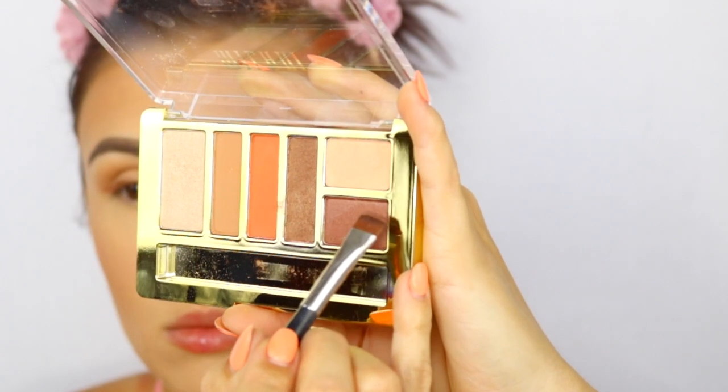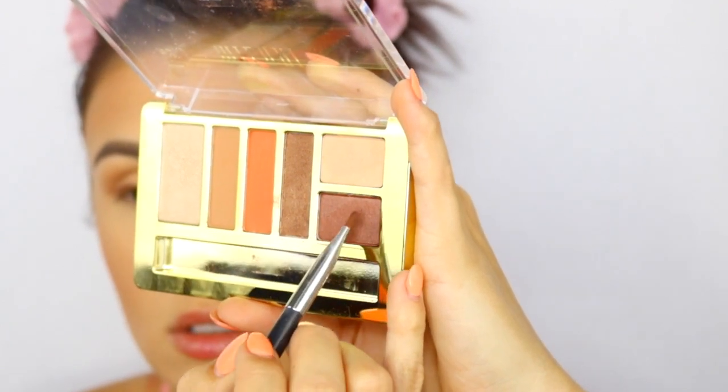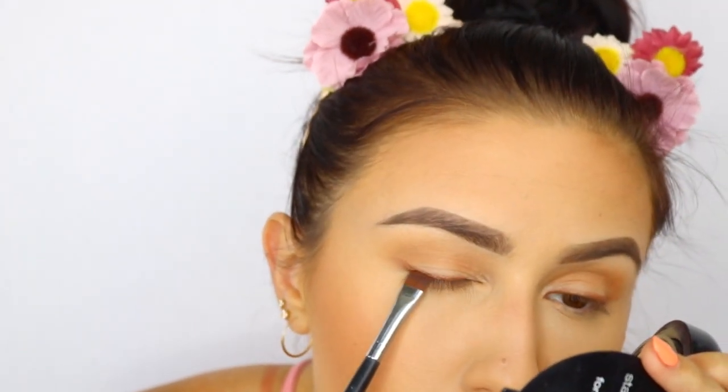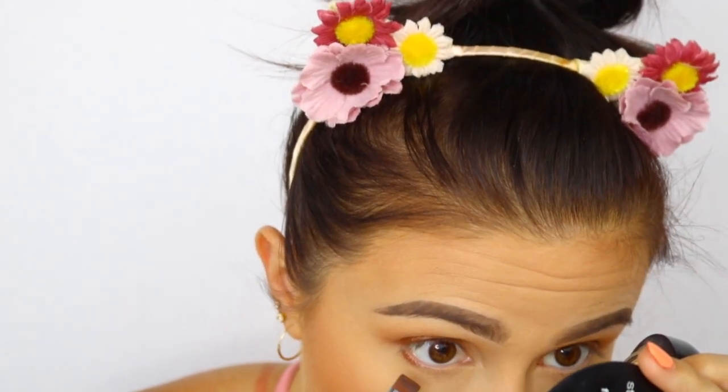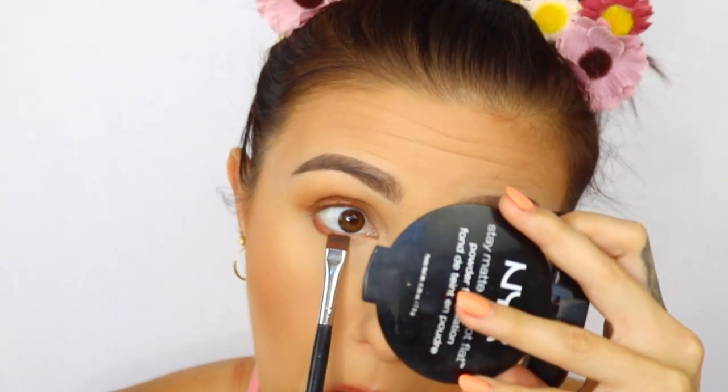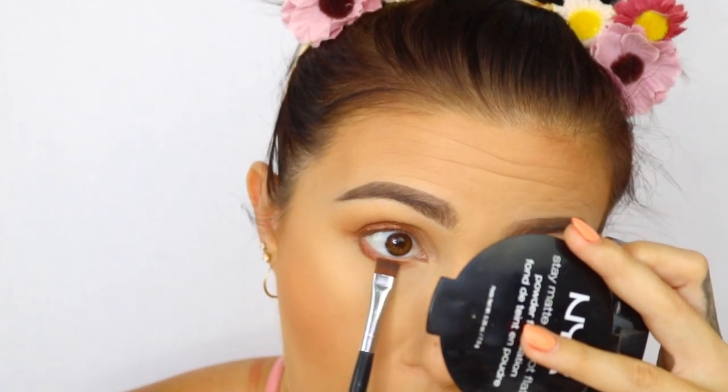I'm just smoking it out, and then I'm going to take another flat definer brush. This is a Morphe brush. I'm grabbing another shade, and I'm just putting that even closer to the lash line. And as you can see, I'm not being perfect with it. We don't have all that time in the morning before we go to school, so I'm just going to run that on my lower lash line as well, and then I'm going to go back into that blending brush,